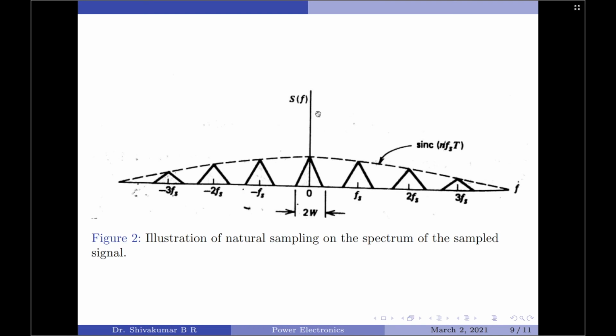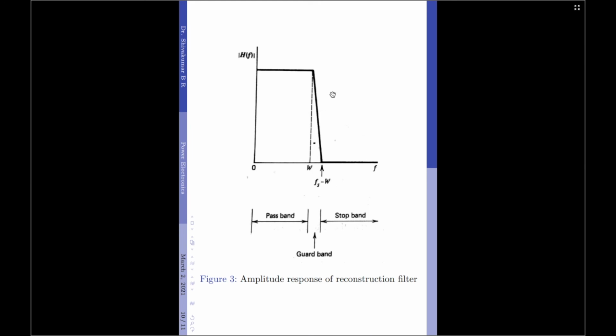Now, to recover the original signal g(t) from the sampled signal s(t) without any distortion, we need to pass the sampled signal s(t) through an ideal low pass filter. And this ideal low pass filter must have an amplitude response which is given by this diagram. That is, it must have a pass band where the amplitude response is flat, then it must have a guard band where the amplitude response is decreasing, and finally it must have a stop band where the amplitude response is